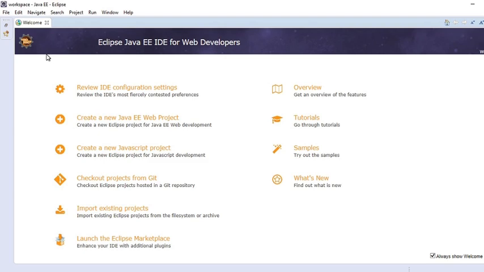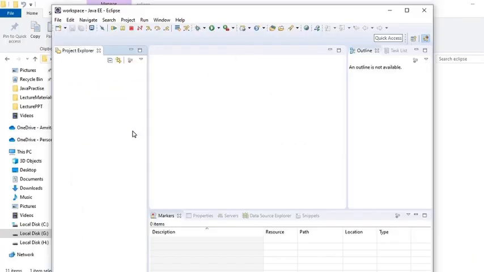The application will look like this. Close this welcome page. What you see here now is the Java EE perspective. Perspective means an interface for the Java EE view. Since we are learning basic Java, we can switch to the Java perspective. To do that, we can go here.